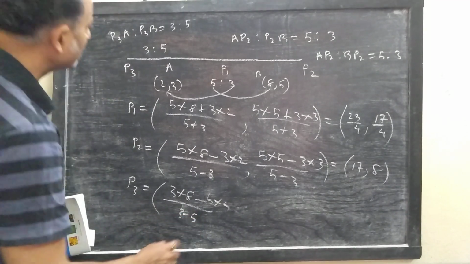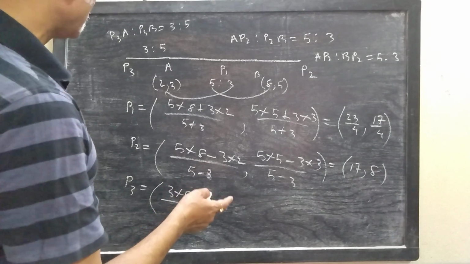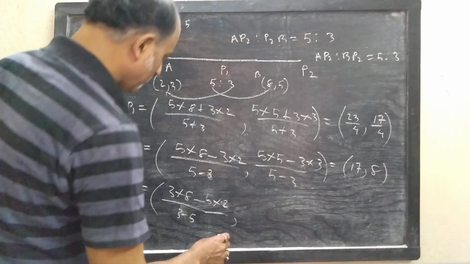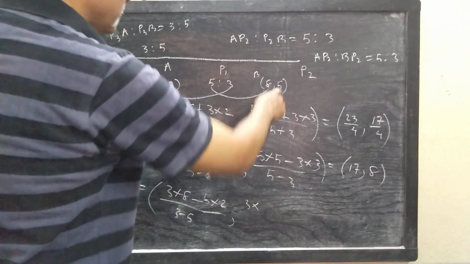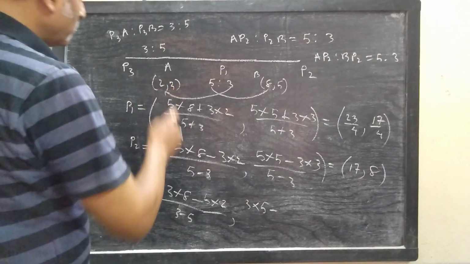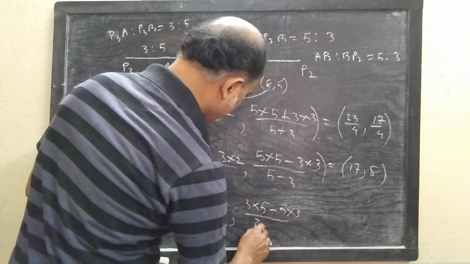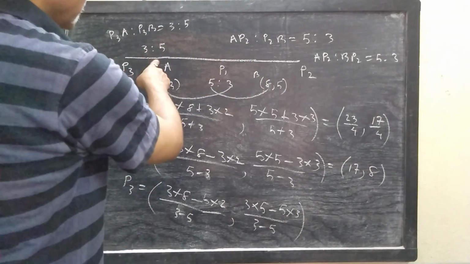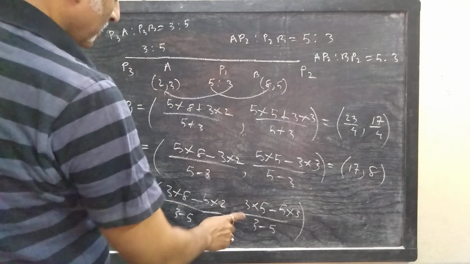Here this will be 3 minus 5, 3 into 8 minus 5 into 2 by 3 minus 5 comma, then 3 into y2, that is 5, minus n y1, 5 into 3, by m minus n. Let us take again m y2, 3 into 5, n y1, 5 into 3 by 3